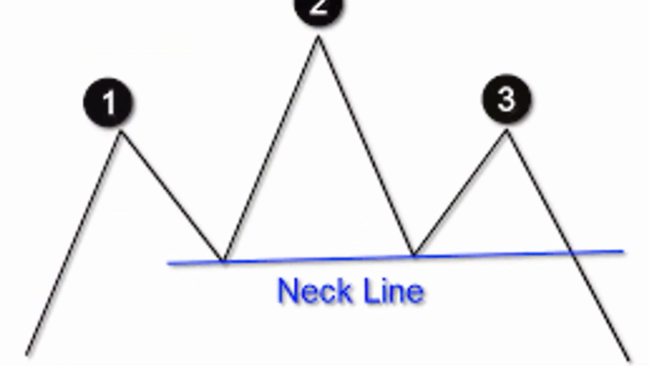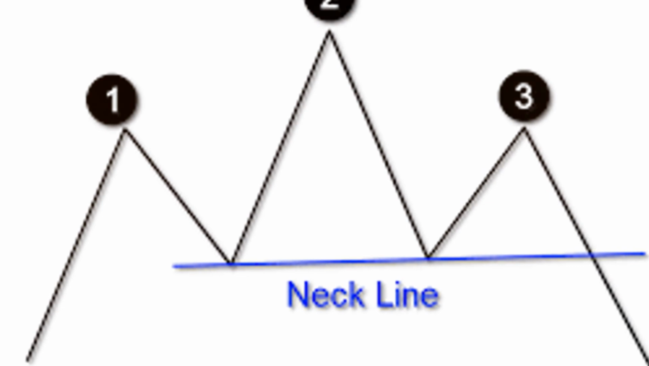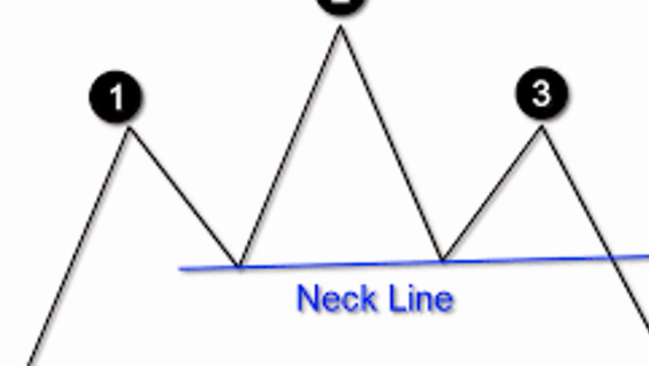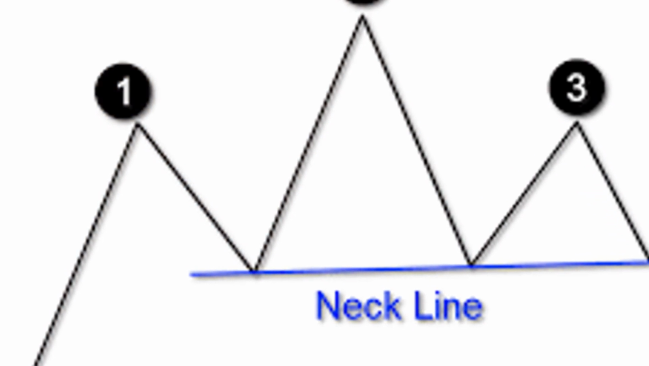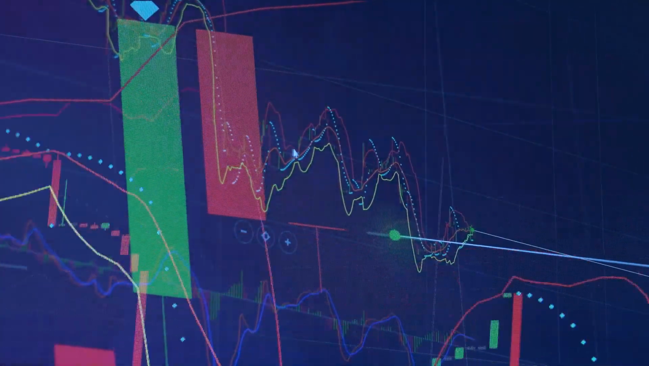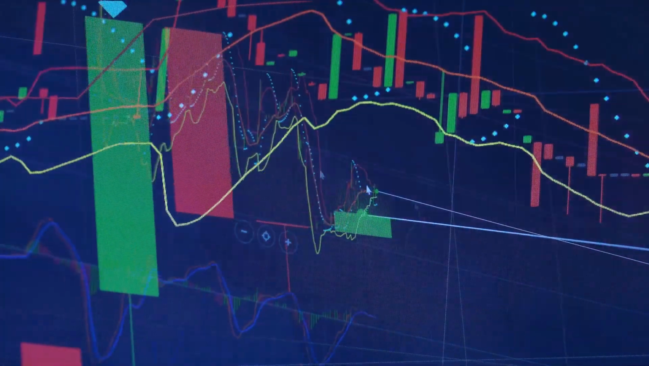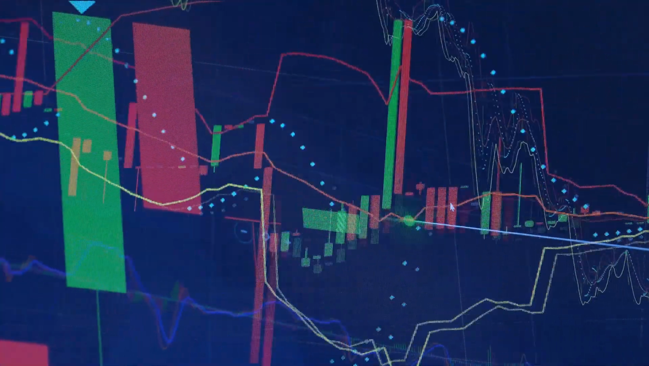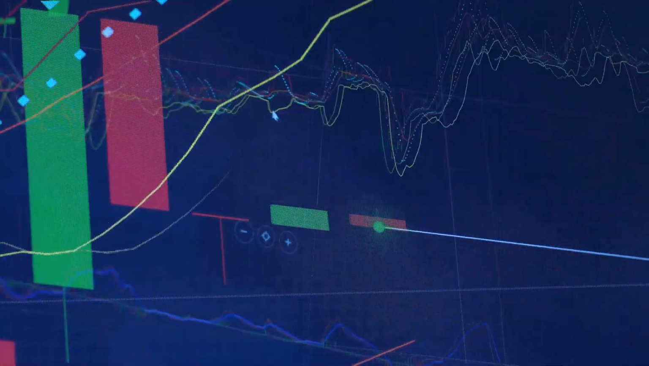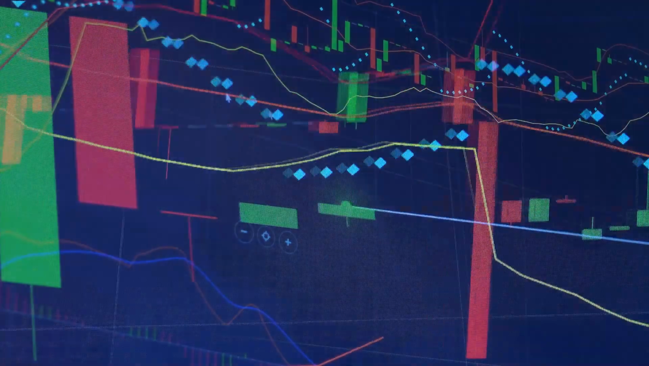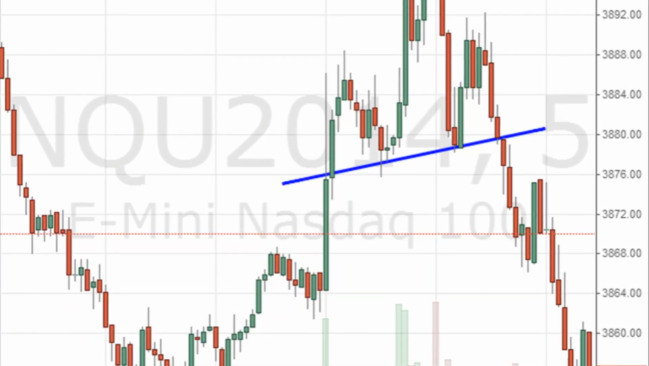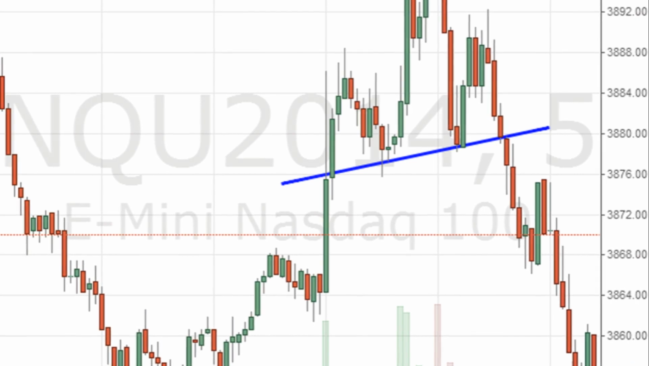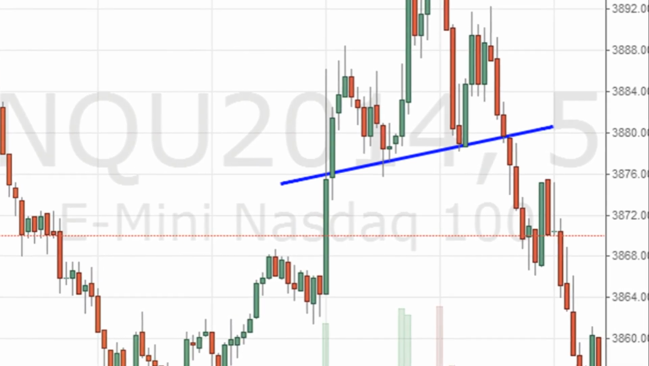Now, how do we identify this pattern? It's simple. The classic head and shoulders pattern emerges at the tail end of an uptrend, showcasing three distinct peaks: the left shoulder, the head, and the right shoulder. The left shoulder forms as the price climbs and then falls back. The head, the highest peak, comes into being as the price hits a high and then drops. The right shoulder forms when the price ascends again but doesn't quite touch the height of the head before falling